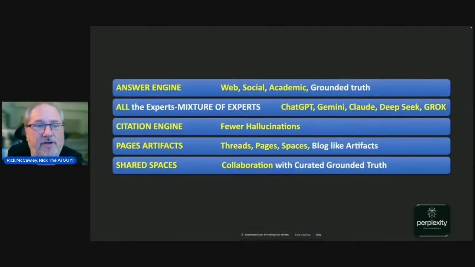Then, and I'll show you how to do it, you convert that into a page. So imagine that all that information then gets turned into a visually rich page, meaning you can put your own pictures in there or grab pictures off a search engine. You'll see that. And then you have a blog with chapter headings and everything.